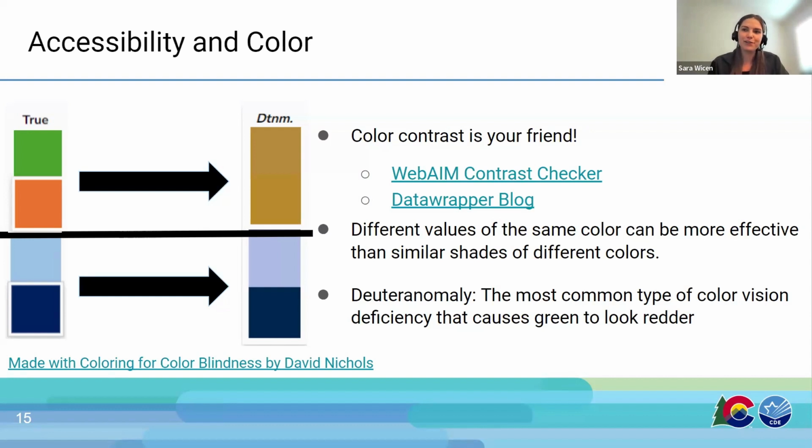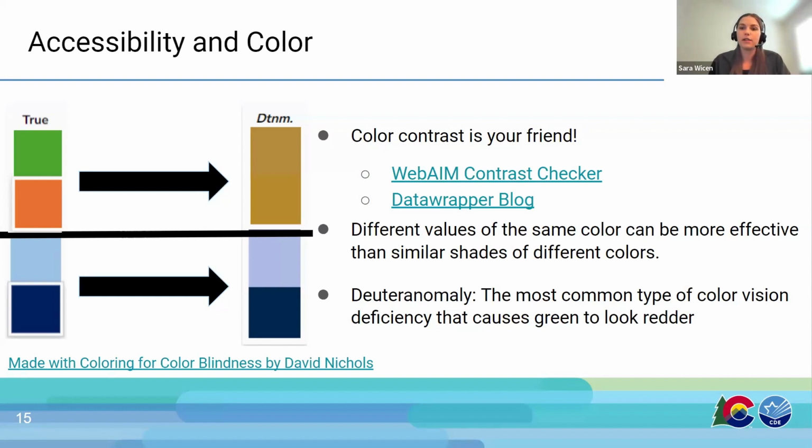I'd been trying to pick accessible color choices, but it was difficult for me, not being able to see what was distinguishable with different types of color vision deficiencies. This is a common one. There are many more, so this is by no means comprehensive of what everybody may see, but it is helpful for me to be able to say, oh, those are definitely not the colors I want to use to make an accessible visualization.